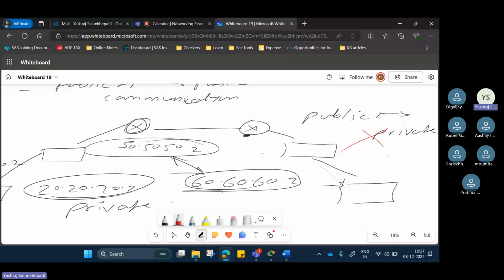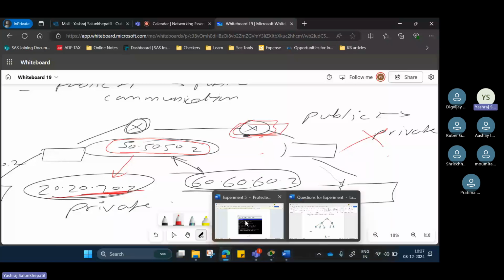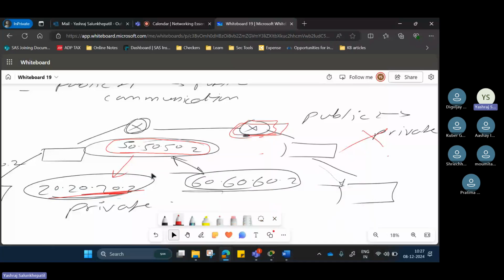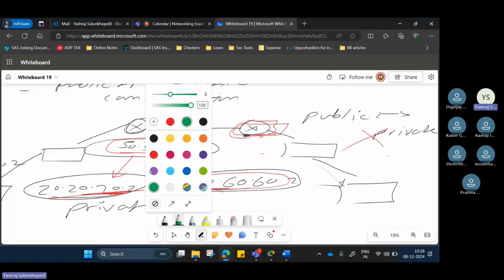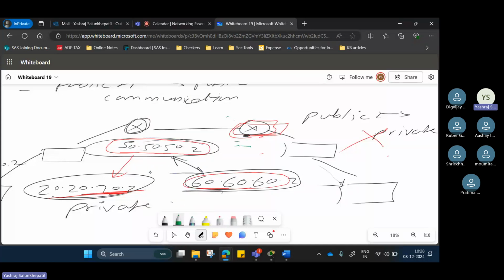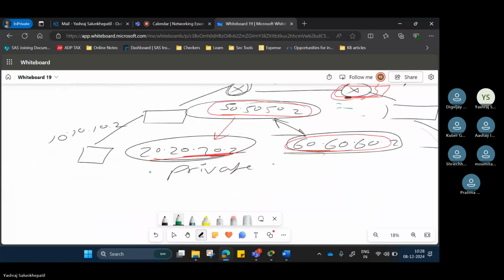So from here it went, which is a public IP, and came to this router, but this router does not know 20.20.20.2 and it is not allowed. What is allowed? 60.60.60 is allowed. So this communication broke. Once it broke, the router told us it doesn't have it, and your ping doesn't work. And this guy sent back the message saying